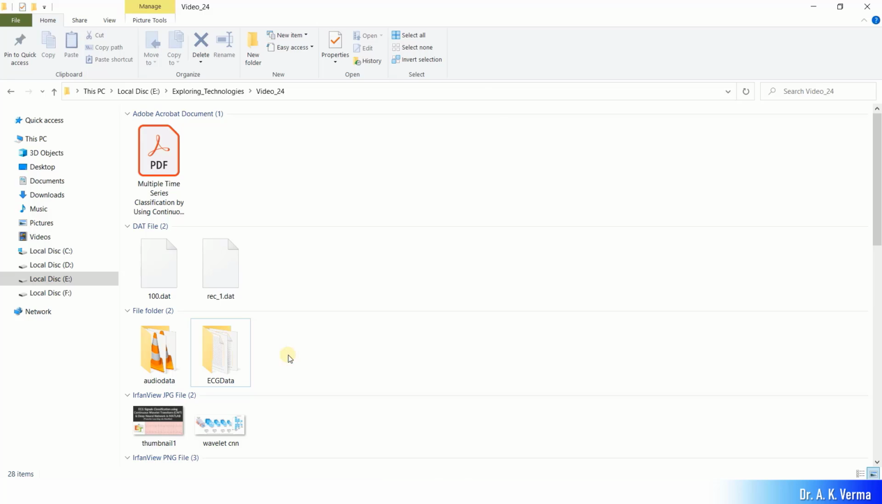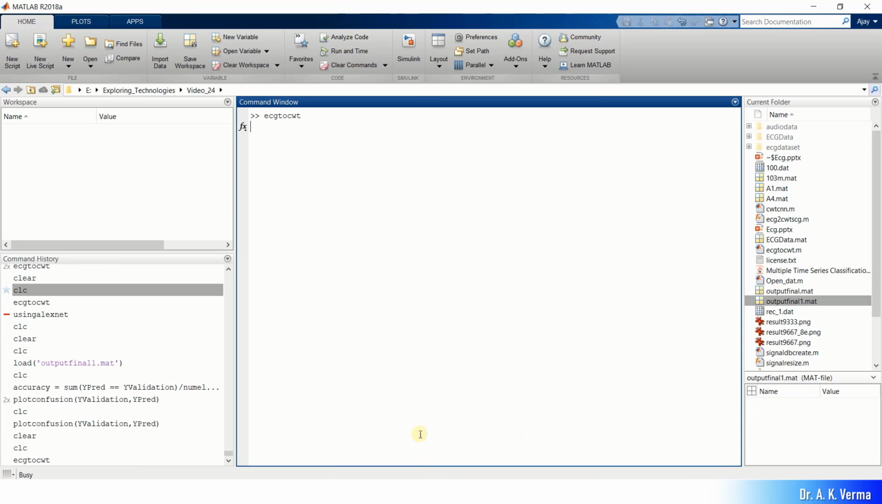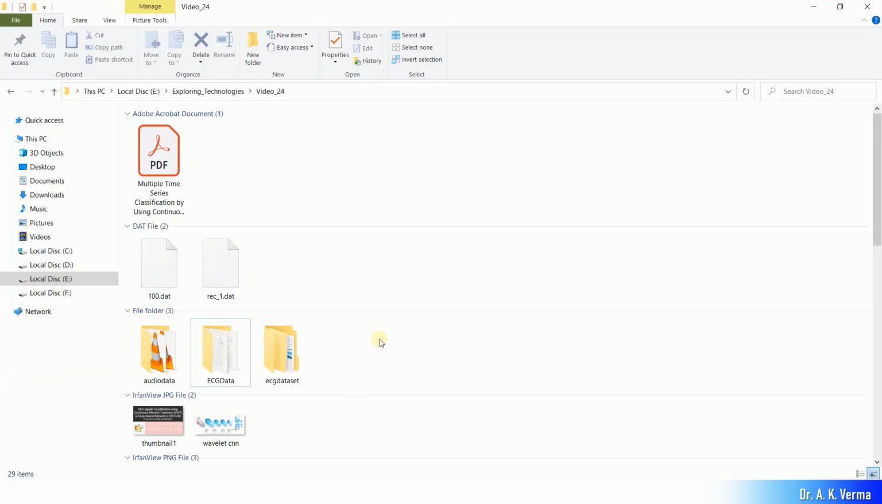So let us see how we will get those folders after execution of this program. So I'm running it by pressing this run button. It is pressed, and let me go to the command window. Here you can see that MATLAB is running, it is busy. So meanwhile I can jump to the directory, and here we can see this folder is created, that is the